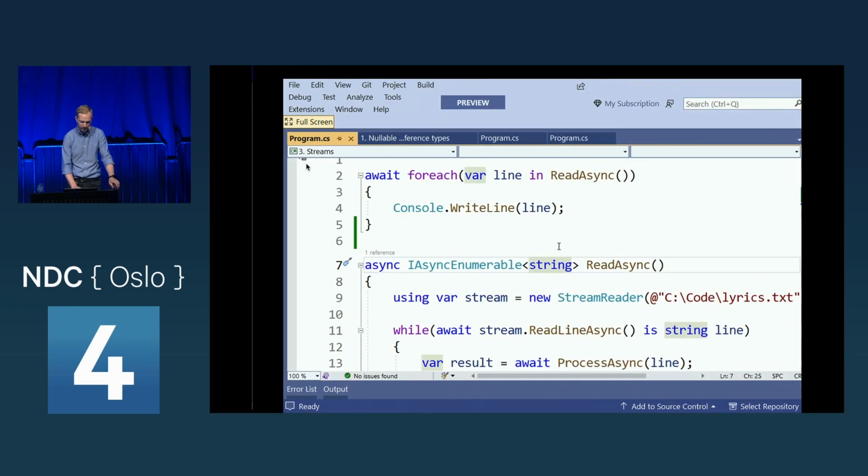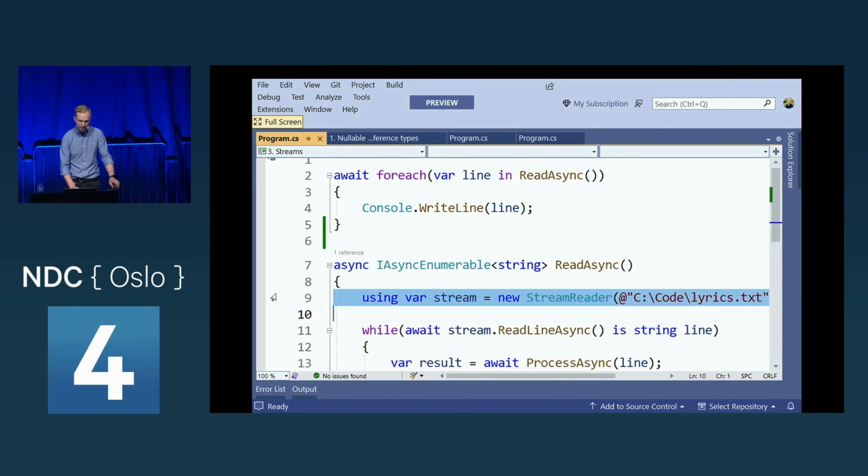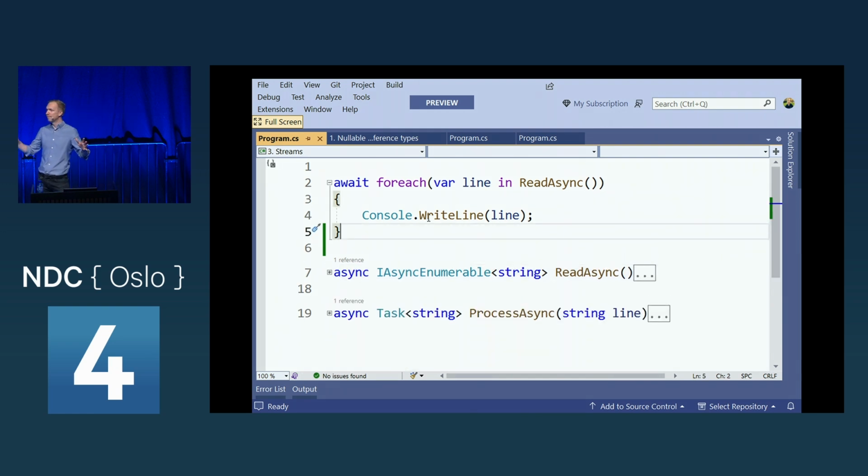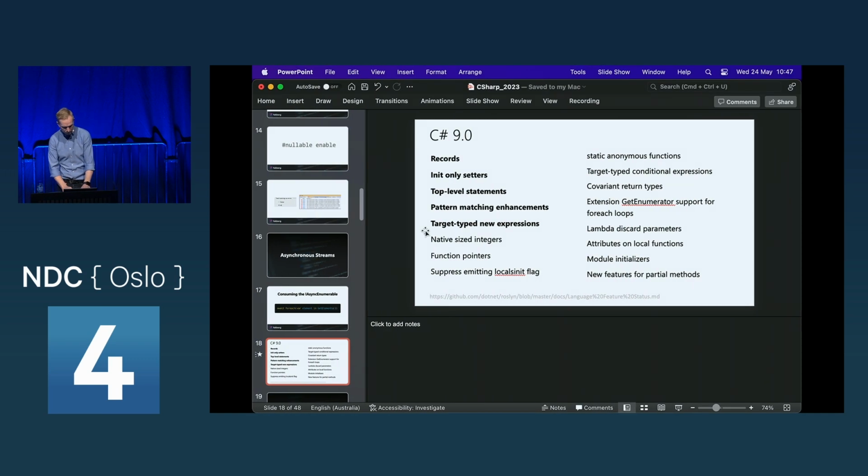And let me show you this here real quickly. If you haven't seen this before, this here is actually a normal program file. So I don't have a public static void main or anything like that. This here is the new style of writing a console application, for example. But it's also what you use if you want to create something called a minimal API. So there's this new concept of allowing you to quickly create a web application that only lives in a console application like this. It's very simple to read, and it's quite powerful.